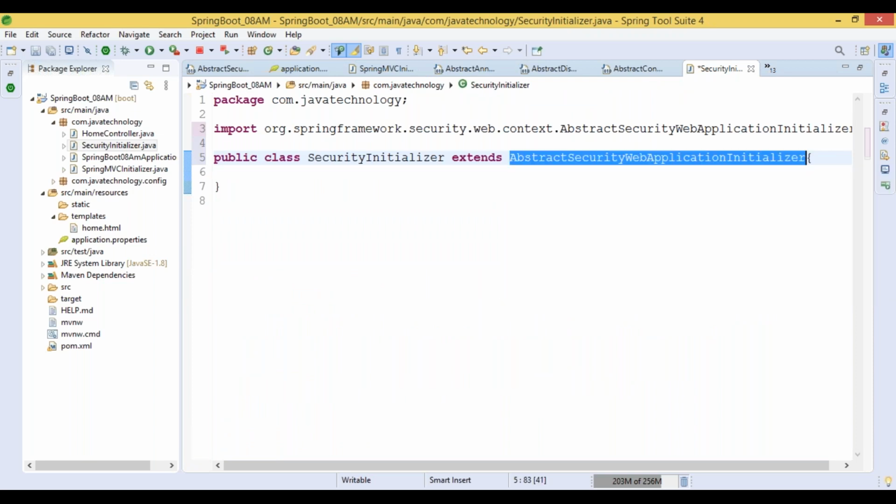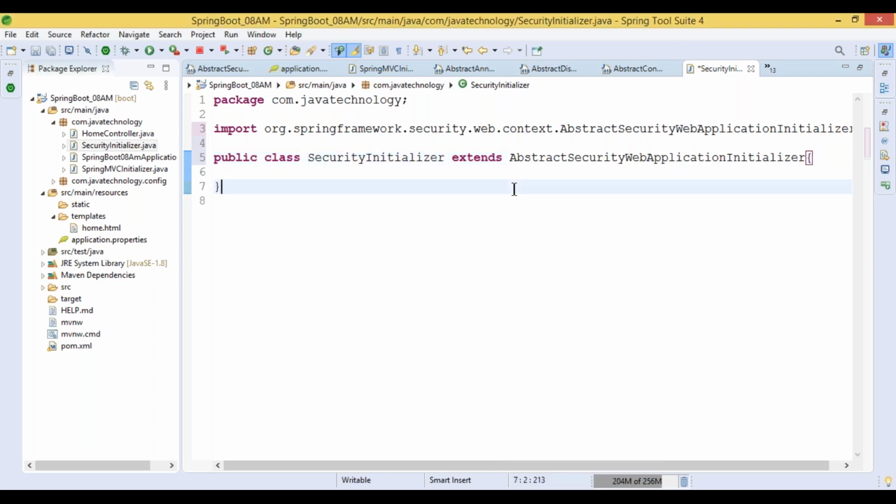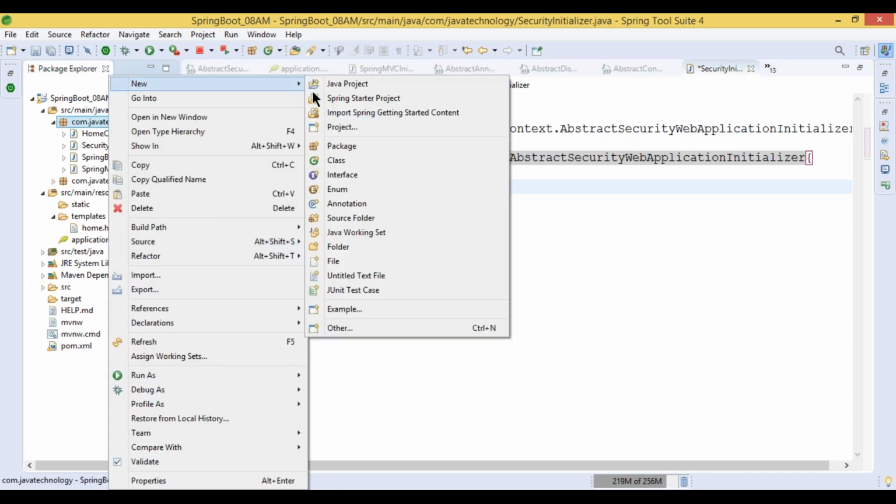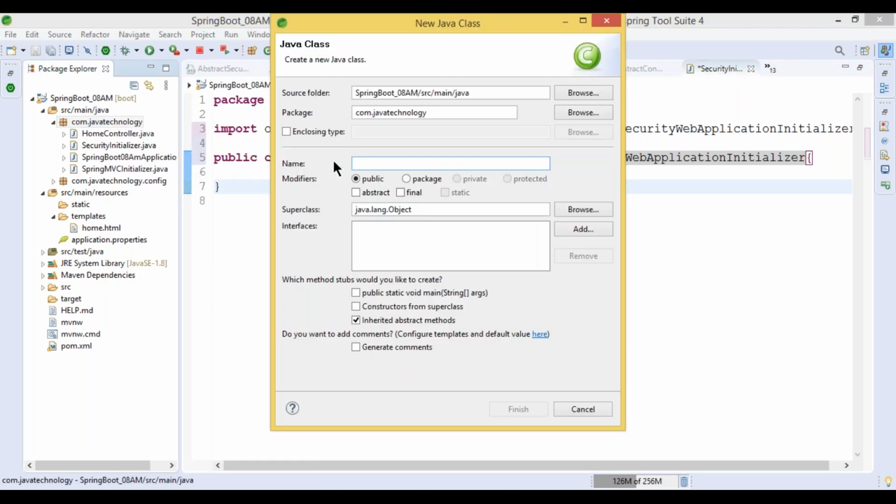It will create a delegating filter proxy here. Once the delegating filter proxy is created, we need to create a configuration class. Why do we need to create a configuration class? Because Spring provides 3 methods by default, so using those 3 methods, we need to work on it.